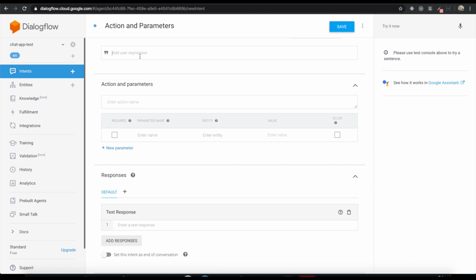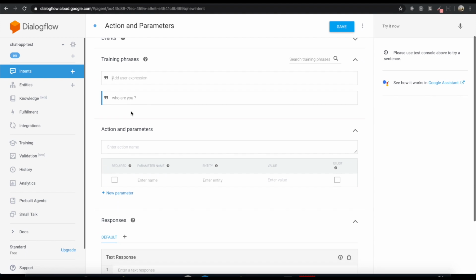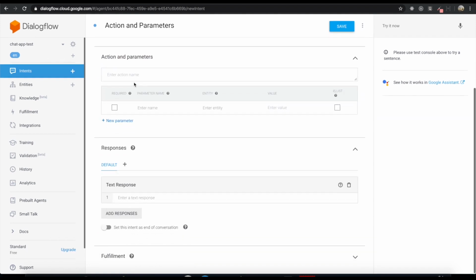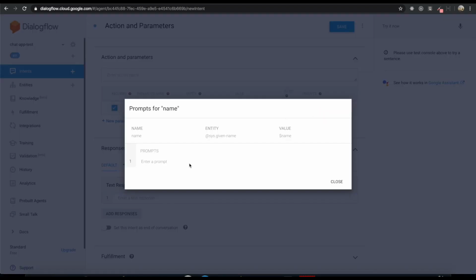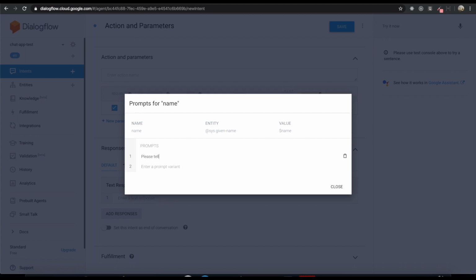So if we type who are you, this chatbot will give us some action. First the name parameter, the entity will be sys given name, and this value is the name, and check this required part so we can type the prompts. So please tell me your name,